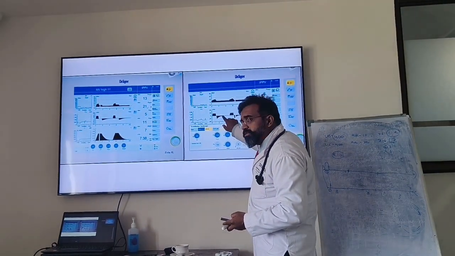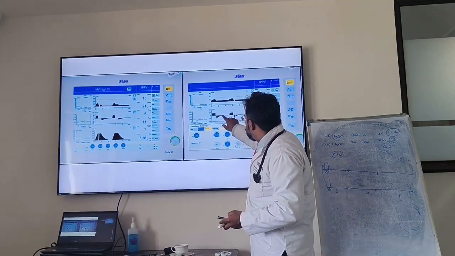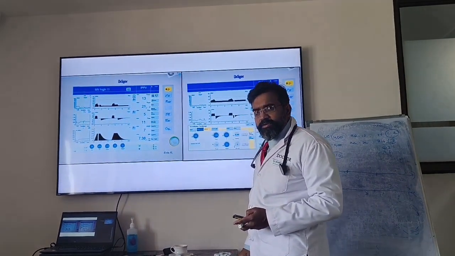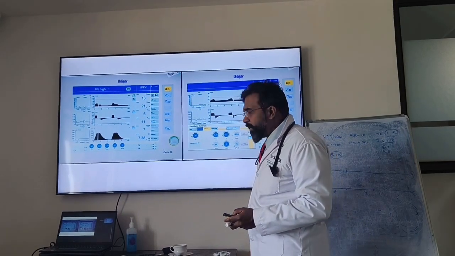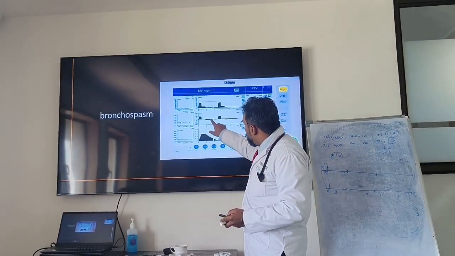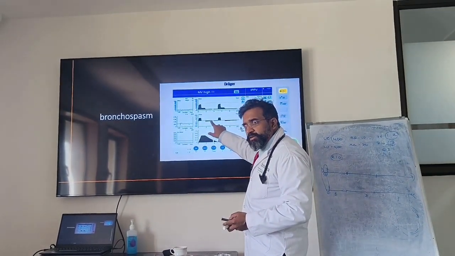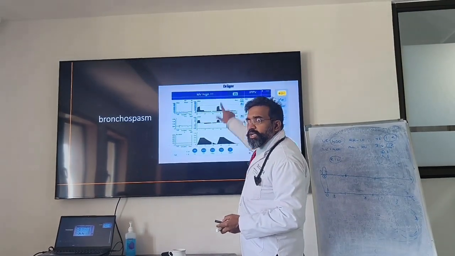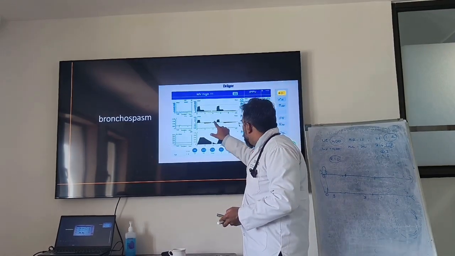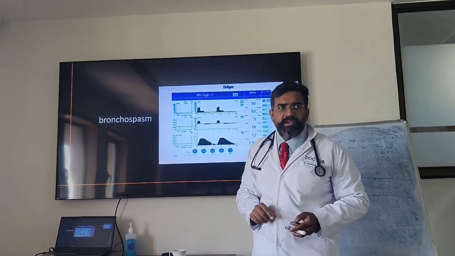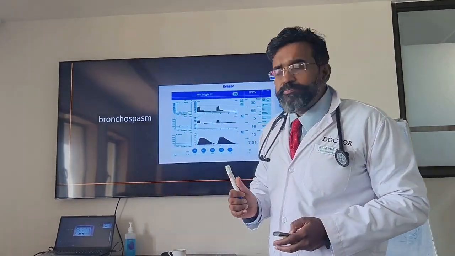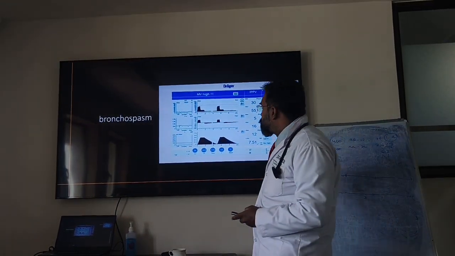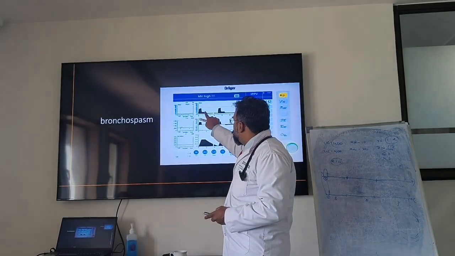It is supposed to end right here, and then there is a kind of a baseline, and then going up. Clear? What is happening over here? It's supposed to end somewhere here. It's not ending here. It just keeps on occurring, and even during inspiration तब तक नीचे से ही चालू हो गया. मतलब इतना हवा अंदर रह गया, बॉडी के अंदर रह गया. This is called auto-PEEP. Bronchospasm. Clear? You have peak pressures going up, you have plateau pressures remaining the way it is,